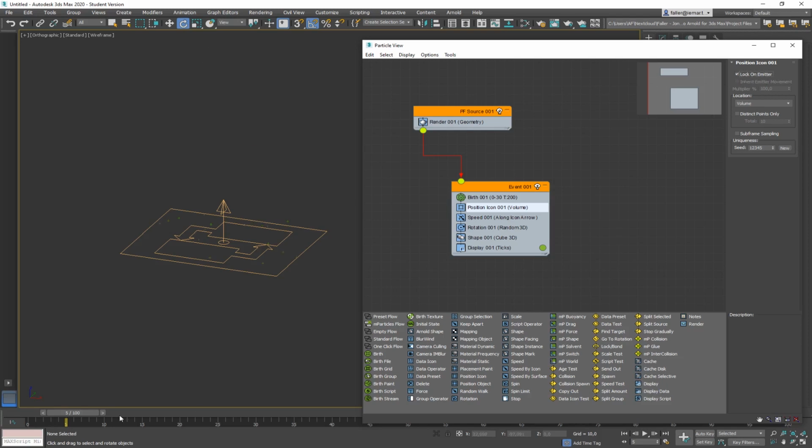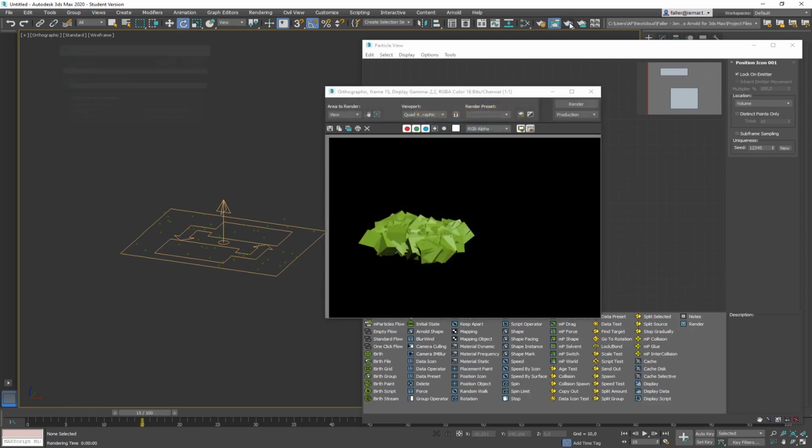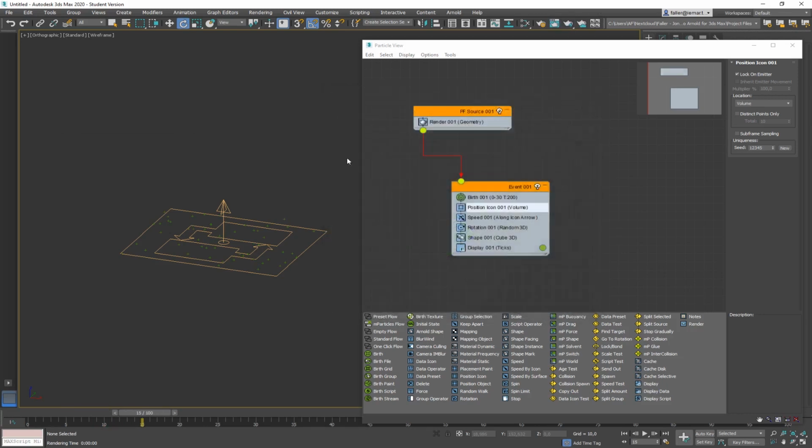One thing that might be important later on, maybe you could also use lock on emitter. It doesn't make much sense now, but the particles are born, and instead of flying away, they just stick to the emitter. So when you render it now, you have the emitter, and all the particles just stick to it. That is necessary when you later do something else with the particles, like get some wind and make them blow away, or have some dust collision, things like this. So sometimes it's quite helpful to keep them on the emitter, but usually this is not turned on.